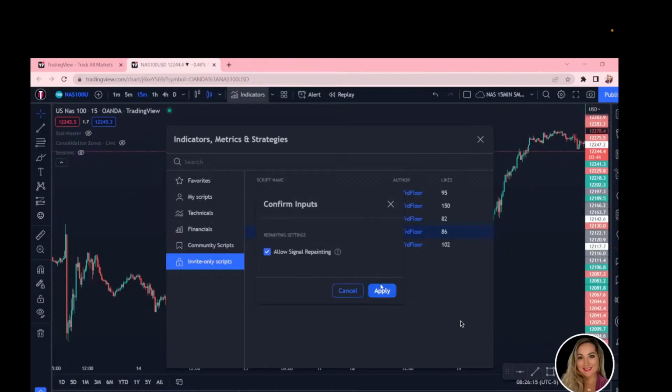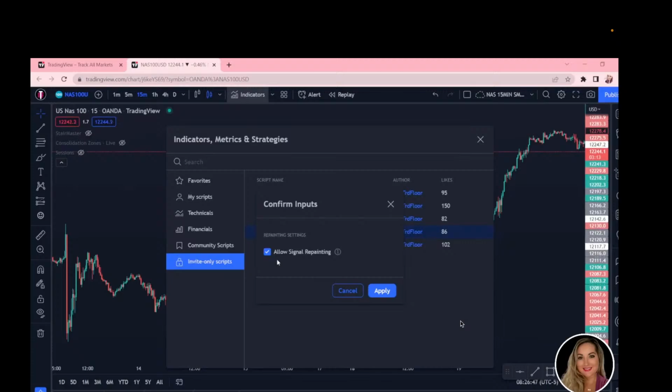What will happen is a sneaker will print, and as a sneaker is printing, it will send you an alert if you set an alert for it. That just means that it's potentially going to be a signal. You do not enter in until the close of that candle and that sneaker has stuck on the charts if you allow this. The only reason we allow this is because we want you to be able to get an alert a little bit earlier,